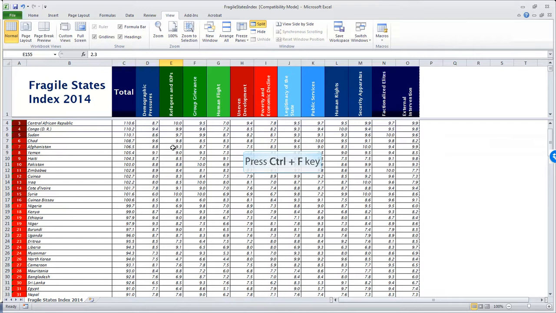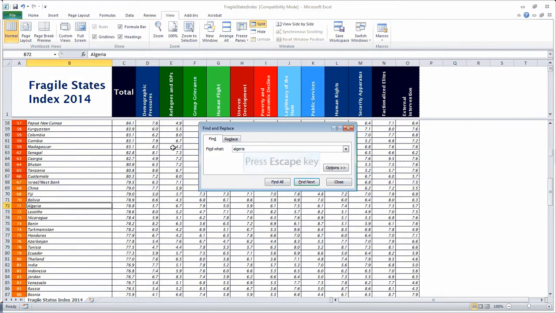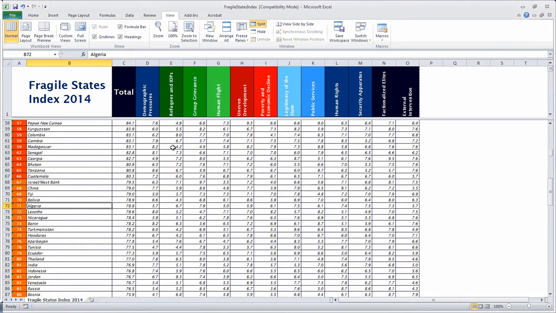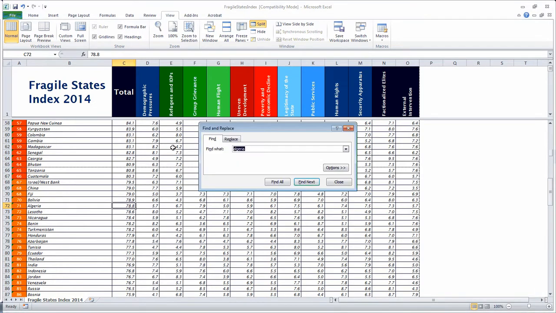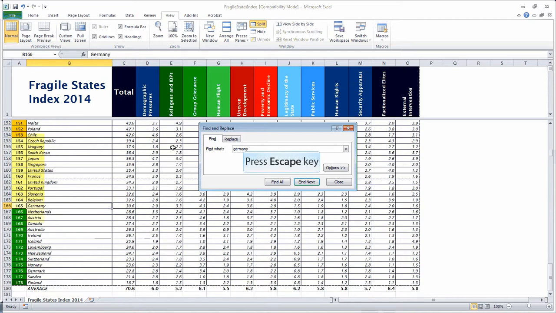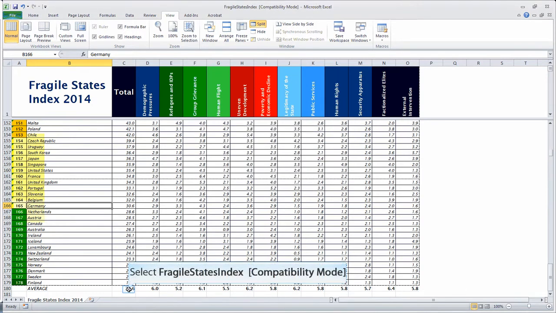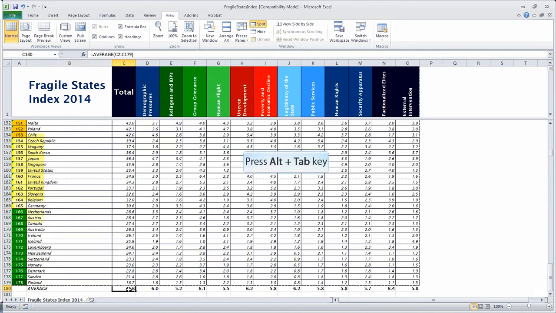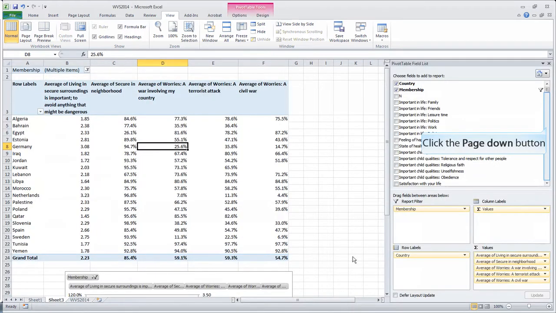I'm just going to do a quick search for Algeria, which has a score of 78.8 on the Fragile States Index, compared to Germany, which has a score of 30.6. So in this case, lower is better. Germany is at about half of the world average, and Algeria is above the world average in terms of insecurity. So what does this mean? That means if we put back in the questions about